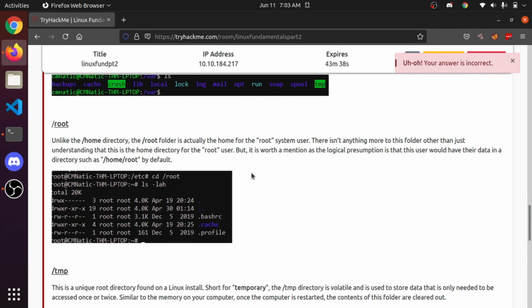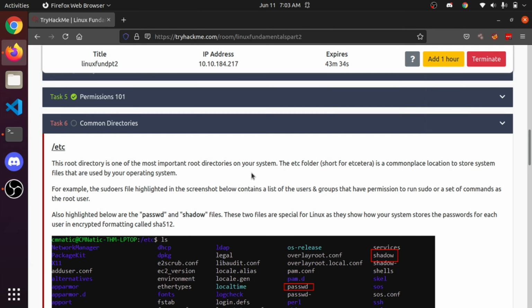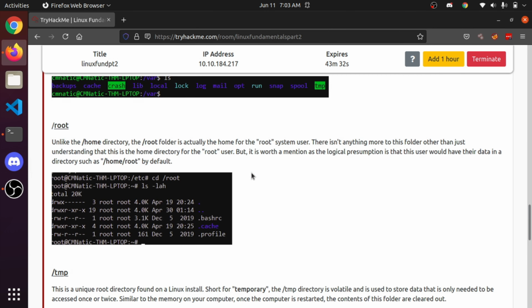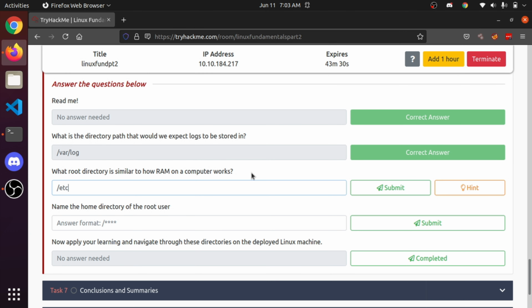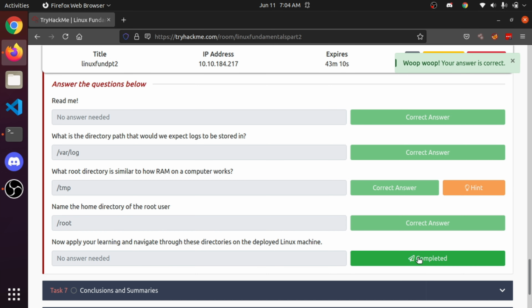RAM, in the sense, we can say not /var, we can use /tmp. Yeah, the temporary files. I told you now the temporary things like caches, these kinds of things can be stored. Name the home directory of root: /root. It's correct. Now apply your learning.